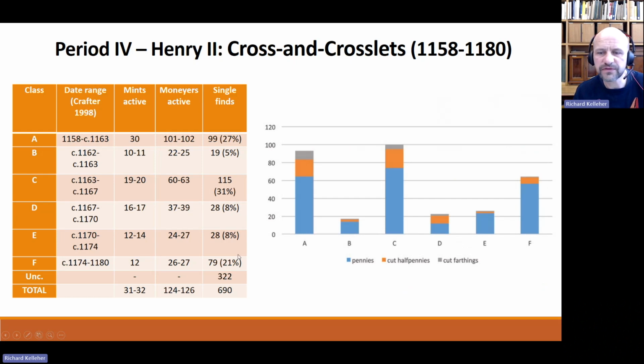And here's just a couple of statistical images based on finds numbers. So all the maps you'll see, all the graphs, they're based on my PhD stuff, which is, I mean, 12 years old now, but this is a large data set of Portable Antiquities Scheme material that I used to look at monetization in medieval England. So although if I did this now, the numbers would all be very much higher, I think the proportions would still be maintained. So this just gives you a sense of the numbers of mints and moneyers and the numbers